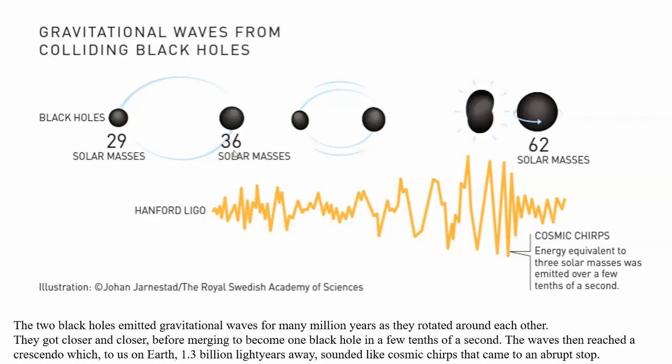Together they should become about 65 solar masses, but some 4 or 5 solar masses were lost in the conversion, so they became about 62 solar masses put together. The Hanford LIGO made this observation. These are the gravitational waves for the two black holes, and this is for the combined one. When it becomes a single black hole, the strength is quite large.